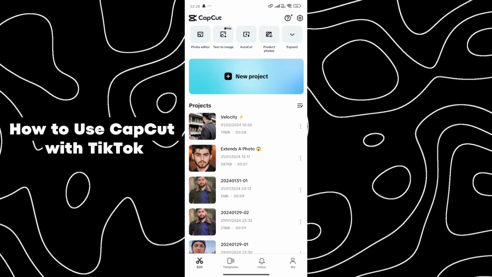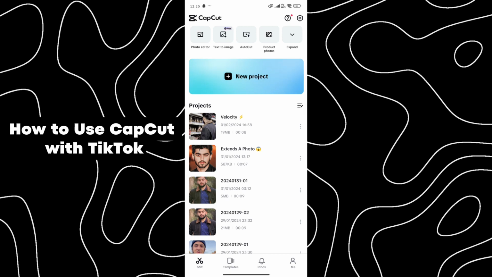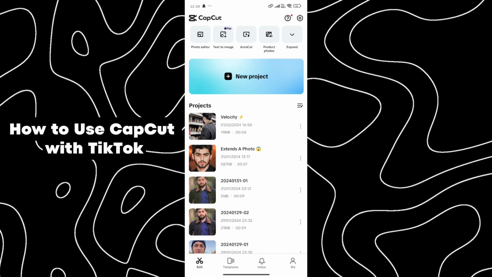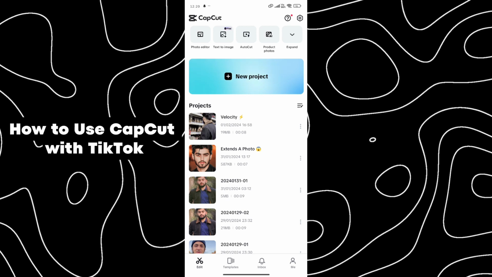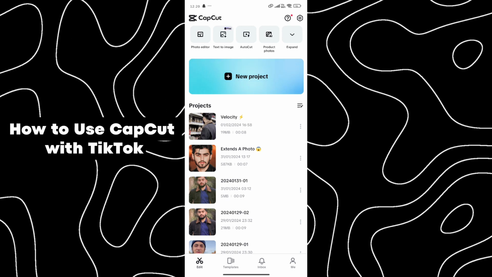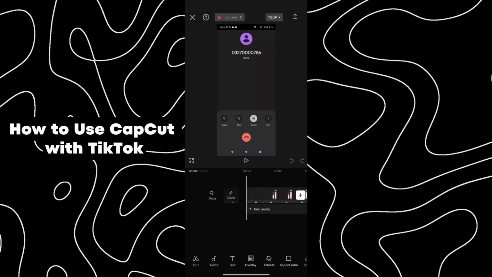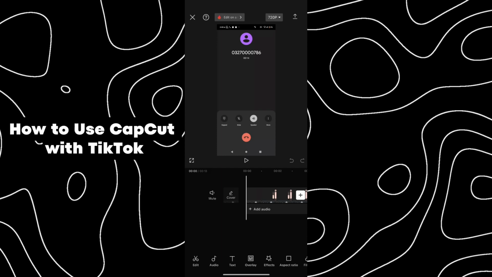After installing those apps, there are basically two ways. The first way is using effects and audios. The second one is using TikTok edited templates. So in the first method, you simply open up a new project. After selecting that video on CapCut, you can go to Audio Center,